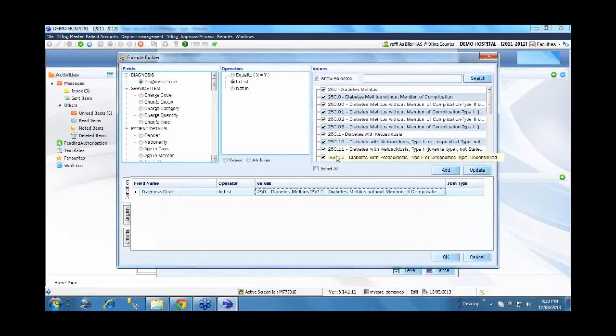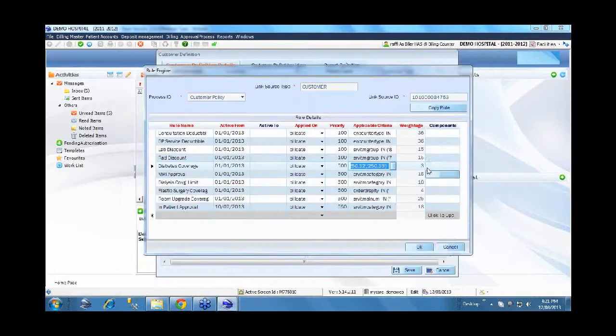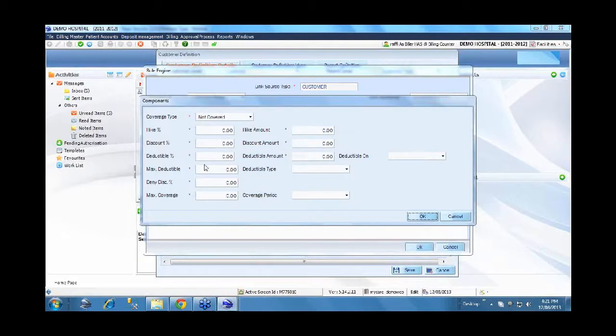As I said, we support all diagnosis code standards: ICD-9 CM and AM, ICD-10 CM and AM, and SNOMED as well. So any standard code set can be populated here, and we can choose the relevant diagnosis, in this case diabetes. Once we have chosen, we can say this service is not covered. Meaning any diabetes treatment will not be covered, being a chronic disease, by the particular insurance company. Not all insurance companies do that, but most of them do.